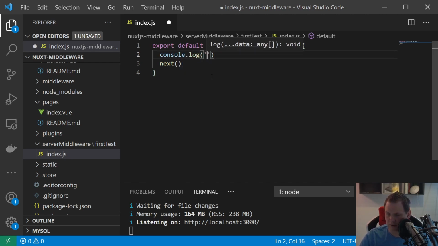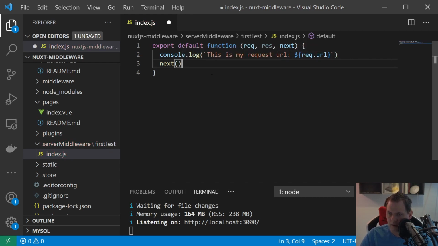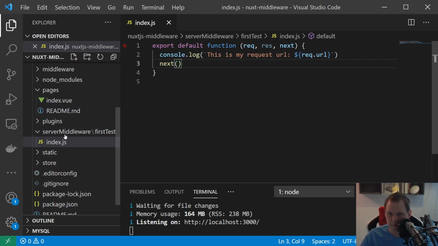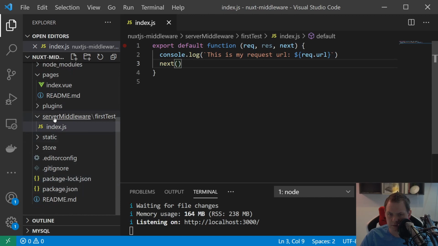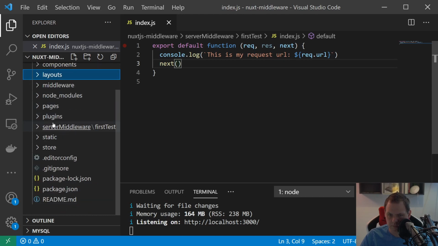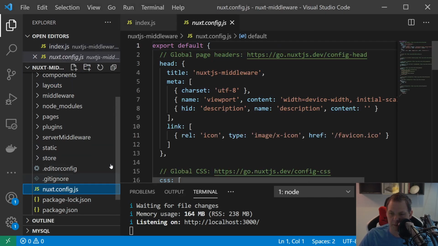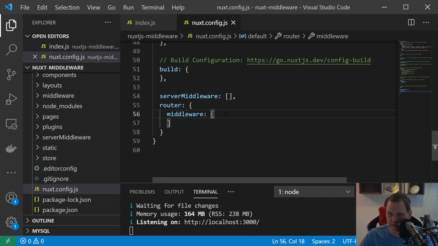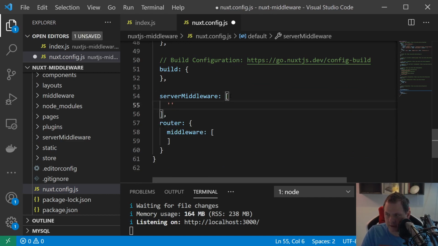So that's what we're going to do here, say request URL, and we will do it a little nicer here. This is my request URL, and that's it. That goes inside the Nuxt configuration file. I think I have deleted that, that's the mistake. Just a second, and then I will copy it back again. So now it's coming back again. It's just a plain one, I have it from the previous video. So let's go inside here and say